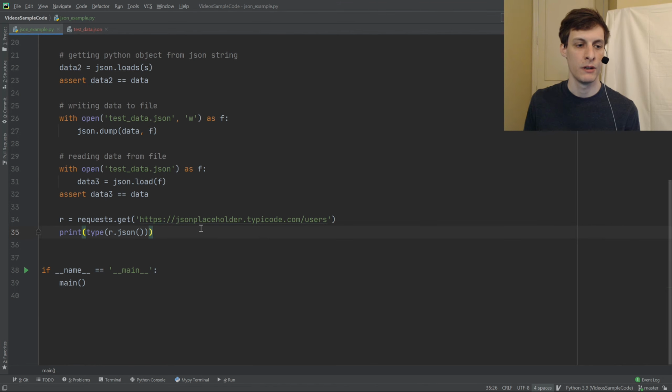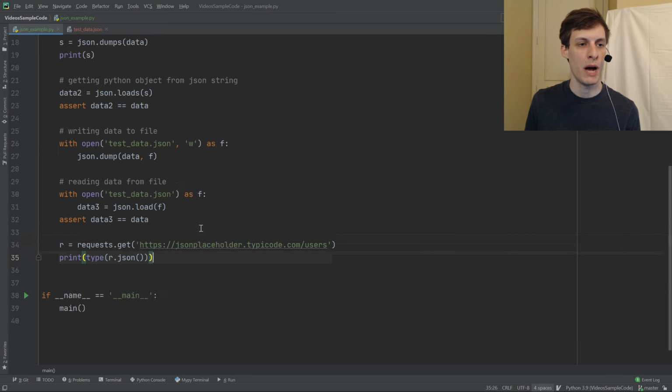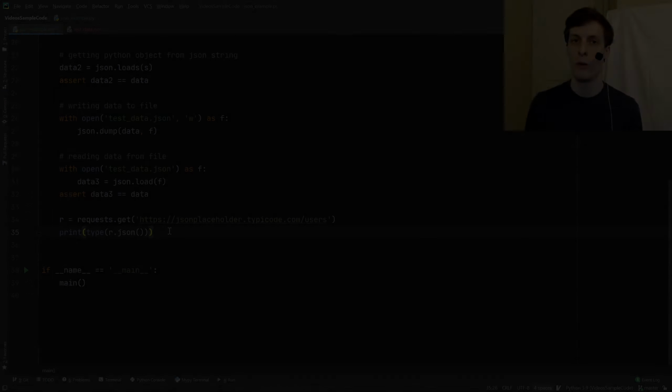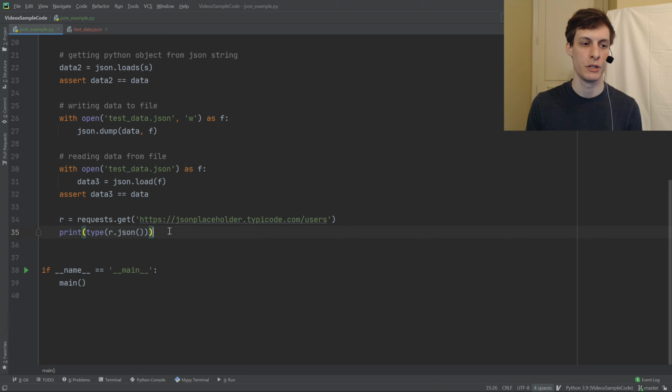So there you have it. JSON is human readable. It's the de facto standard for web APIs, and any programming language can read and write it. It's very simple to do in Python, and we just saw how to read and write using load and dump. Hope you learned a little something from this quick introduction to JSON.